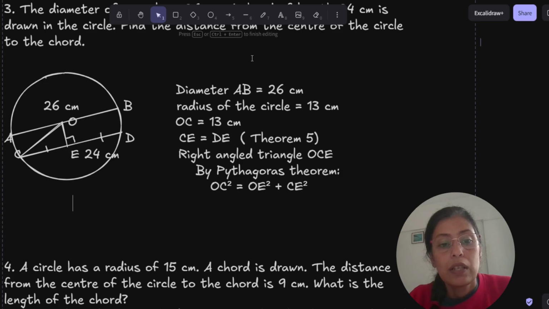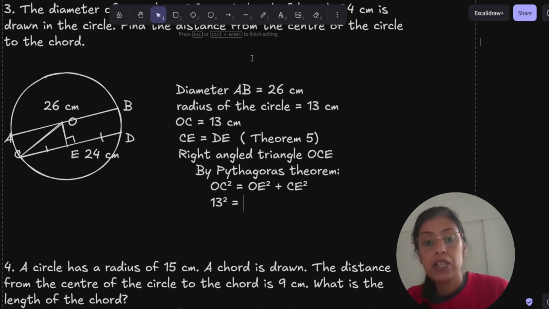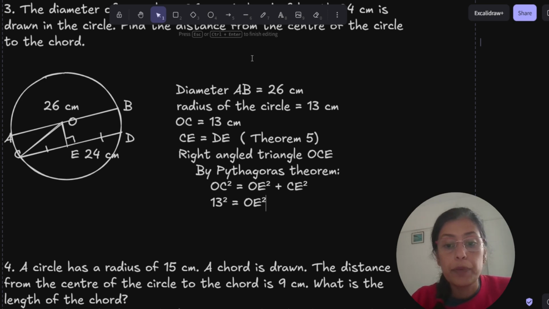Now we know the length OC. OC will be 13 centimeter because this is the radius of the circle. The length of the diameter is 26 centimeters, and the radius is half of the diameter, so it is 13 centimeter. OE is something that we need to find out. And CE: E is the midpoint. I have written CE is equal to DE, and it should be equal to